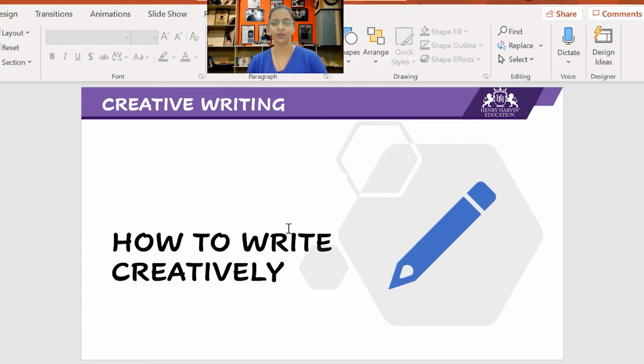You need to do the research work first, then collate the data, then create your first draft, edit your content, proofread, and then only you publish. In creative writing, there is a writing process too. Obviously, research work is required, but the process is a little haywire, because it's all about creativity and not the rules.